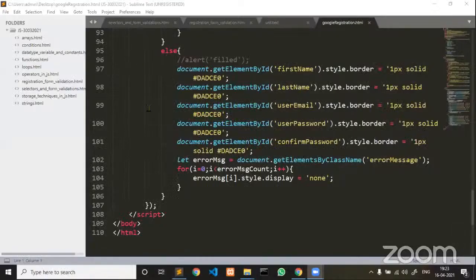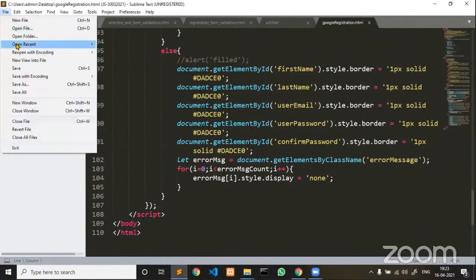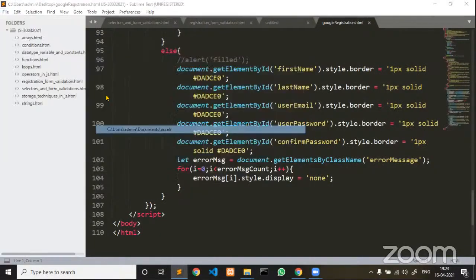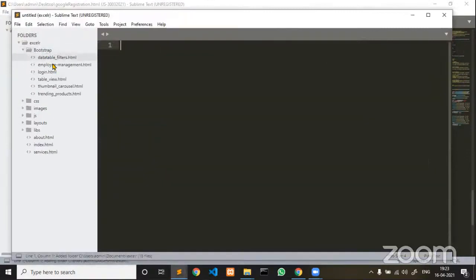Guys, let me pull those into your editor, and I'll explain how we are going to create this using Bootstrap, and how quickly we can create these kinds of login forms when you are working in real time. Please try to understand. Now I'm going to share the complete screen. So let me pull my project XLR. In that XLR, there are a couple of Bootstrap examples, guys. Login.